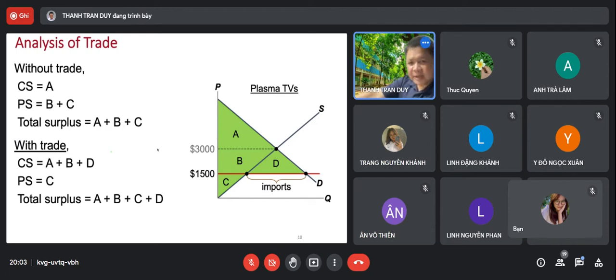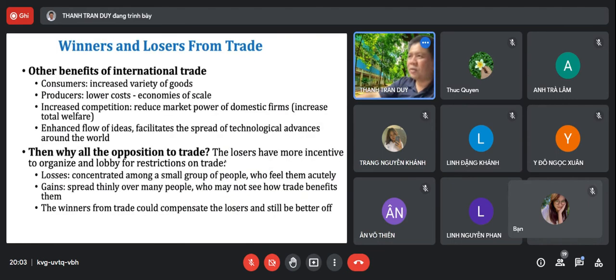So we analyze it this way. In every country, they say it's good to have free trade. However, if we import too much, it will kill local producers. If we export too much, it will damage local consumers. So they will have a policy, analyzing whether it's good or bad to export or import. So look at this international trade game: who gains and who loses? We call them winners and losers.